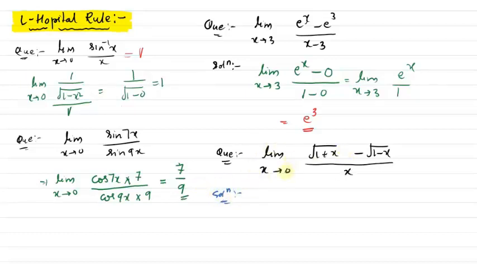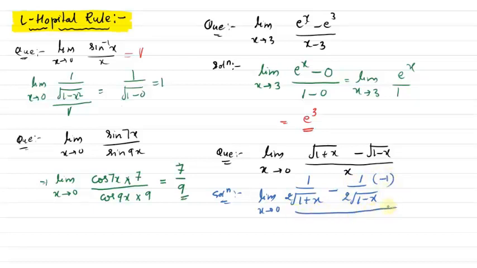So what do we have is limit, if we put 0, the numerator will be tending to 0, denominator also tending to 0, again 0 by 0 form. So let's apply LH rule. We can write this as limit x tending to 0, differentiation of under root of 1 plus x will give you 1 by 2 under root 1 plus x, minus differentiation of under root 1 minus x will give you 1 by 2 under root of 1 minus x, and now since it is minus x, it will also give you minus 1 with it, divided by differentiation of denominator. In denominator you have only 1.